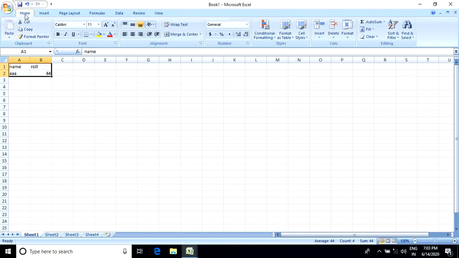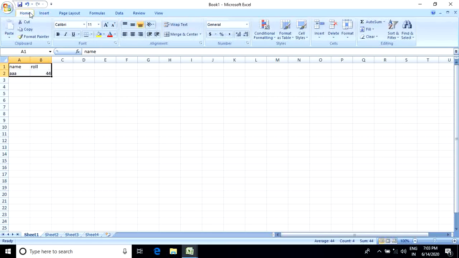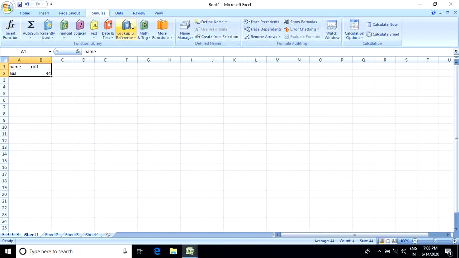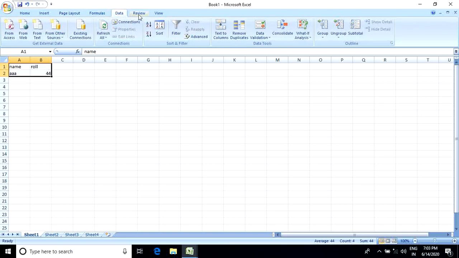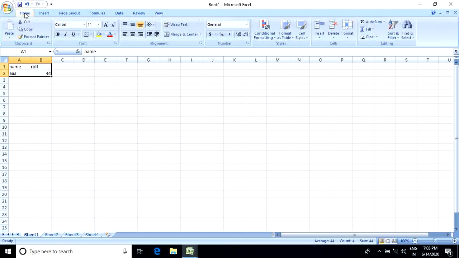Here we have the home tab, insert tab, page layout tab, formulas tab, data tab, review tab and view tab. These are the tabs. In the home tab we can find lots of groups, like the clipboard group, where we can find cut, copy, paste and format painter.